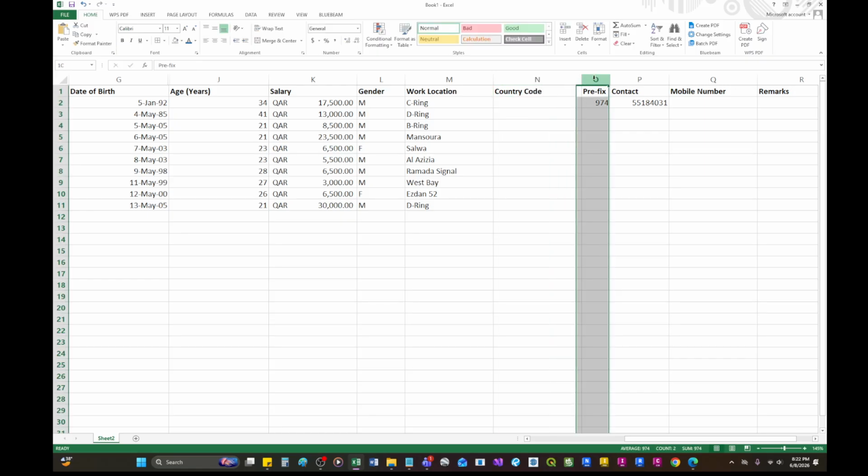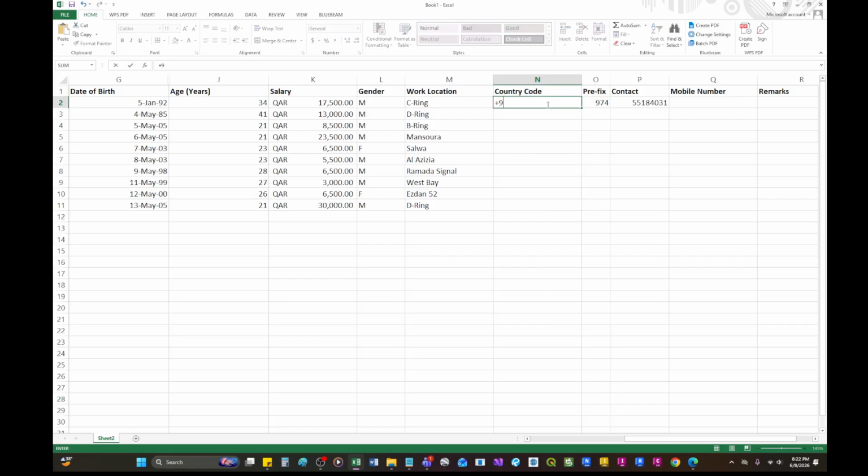Since everybody is in Qatar, this will be text plus 974 for all. Okay, let's say some are in Dubai. I think Dubai is 971. So that will be the country code.